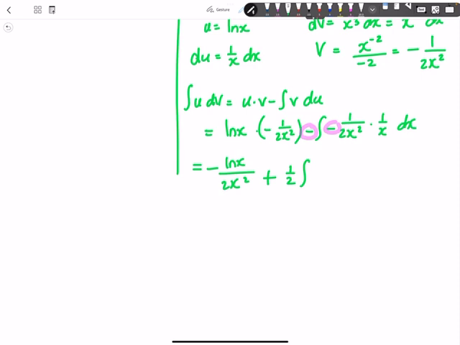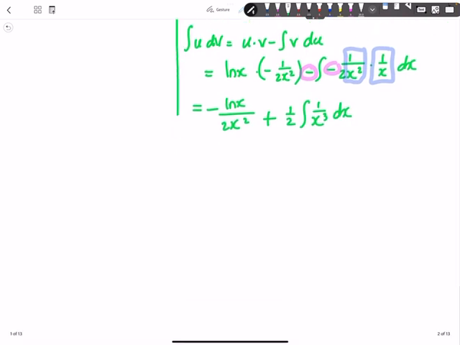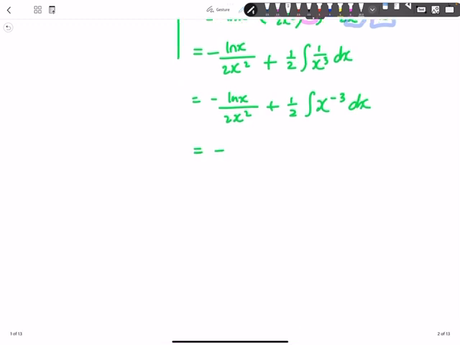All right, some further simplification. I have 1 over x squared and 1 over x. This is going to become 1 over x cubed dx. And of course, we can write this, if you'd rather, as 1/2 times the integral of x to the power of -3 dx, which means this integral is going to be equal to